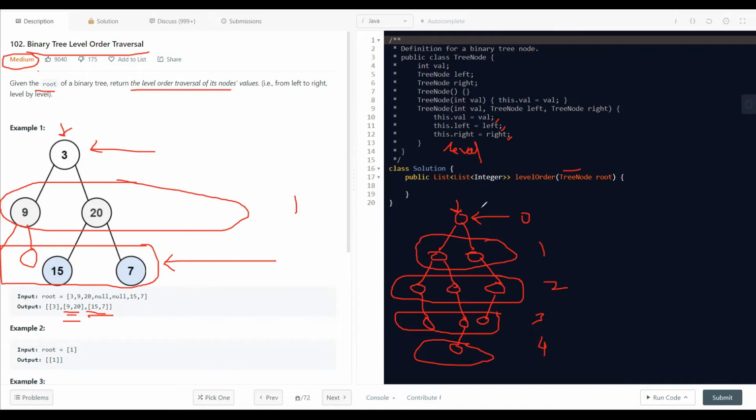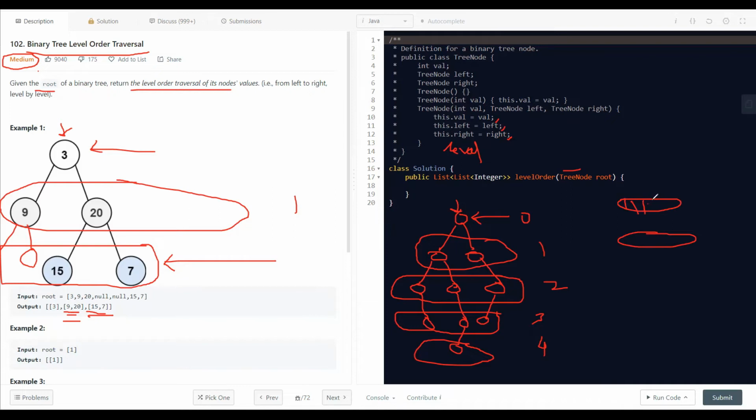Say we have a queue that is storing the root nodes, and we have a queue that is storing all of the child nodes. As soon as we find the child nodes, we keep adding them to our child queue,